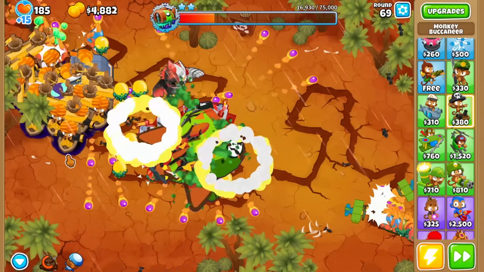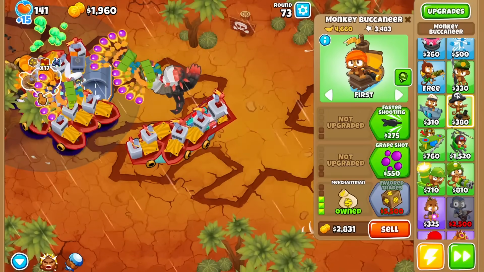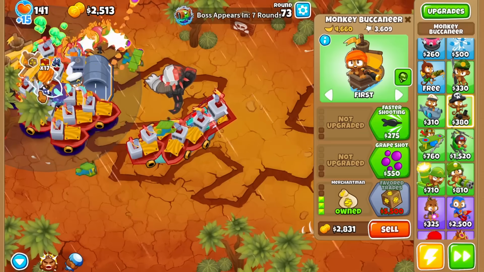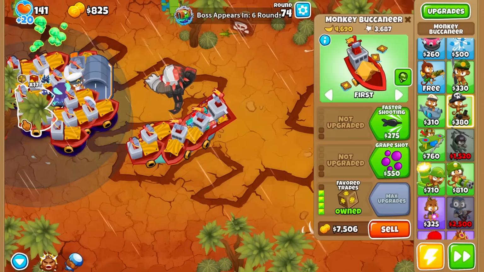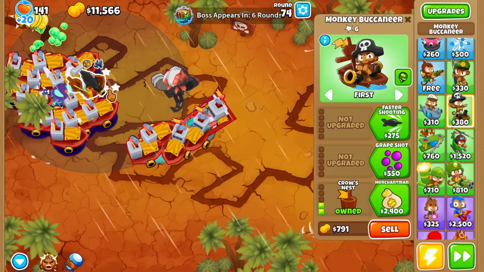So instead of going for a tier 5 boat now, I upgraded all of my merchantman boats to favor trade boats, and for some reason, who knows why, I defeated the boss in round 73 by only using my tier 4 tower, which is absolutely insane. So I bought one more favor trade boat and I had 18 in total,